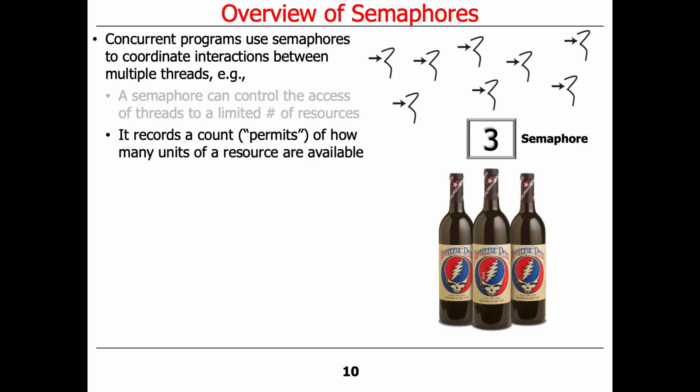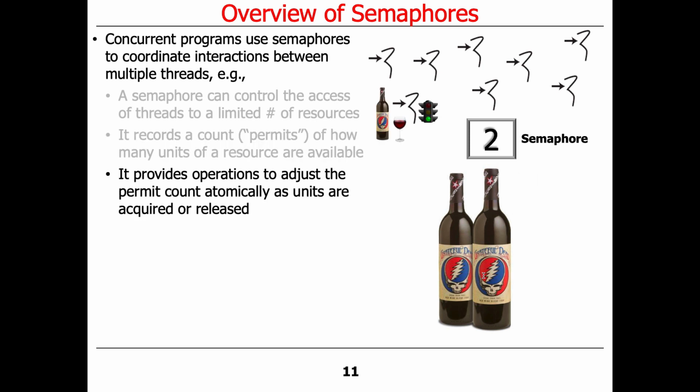So what we're going to do is start out with a count. The semaphore will start with a count that corresponds to the number of resources we have, the number of units. So let's say we have 3 bottles of Grateful Dead wine, and so we're going to initialize our semaphore to the value 3. And some thread comes along, it wants to drink some Grateful Dead wine, and for whatever reason, you have to have a bottle. You can't just share it, but in this particular case, since there are 3 of them, and the semaphore had the value of 3, this thread gets the bottle, and the semaphore decrements by 1, because now there's only 2